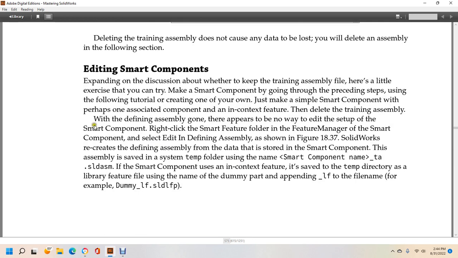Alright, editing smart components. Expanding the discussion on whether to keep the training assembly file, here is a little of the strategy. You could make a smart component by going through the preceding steps, following the tutorial, creating one of your own. You just make a simple smart component, perhaps with the associated component and the context feature, and delete the training assembly. To find the assembly gone, you need a way to edit the setup of the smart